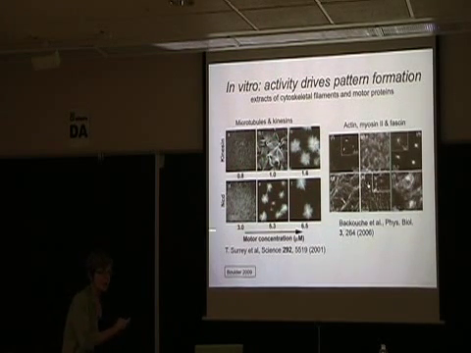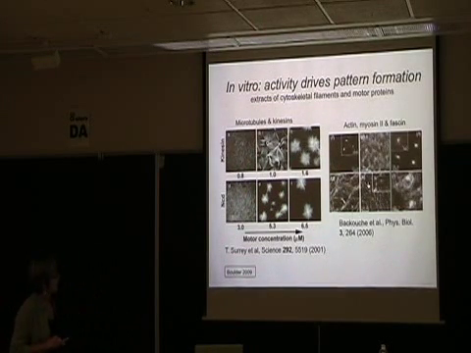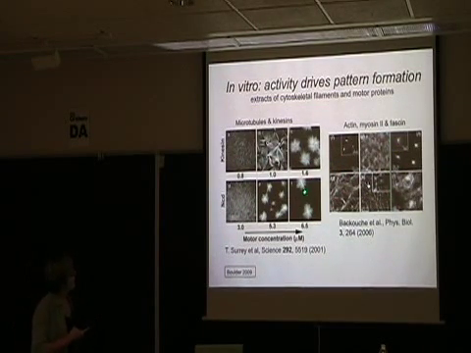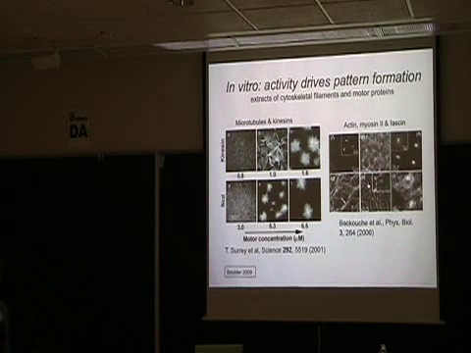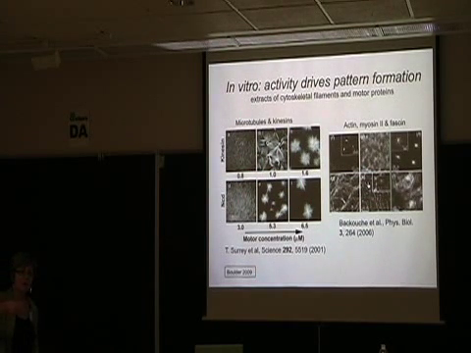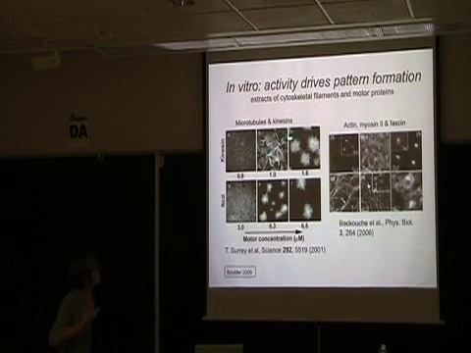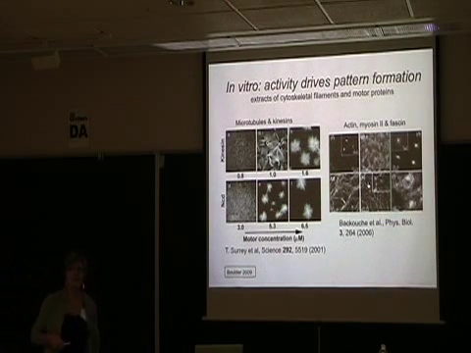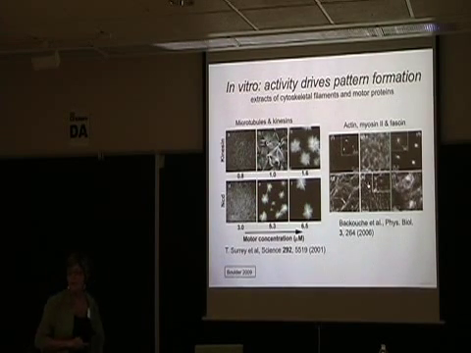So somehow, the physical properties of the motor proteins are important in determining the type of patterns that are formed. And this is just a different type of filament, a different type of motors. And to a physicist, and we'll talk about this later, these patterns, remember these are 2D rods, but they're not rods, they are arrows, so they're like 2D spins, if you like. So to a physicist, these patterns are very much reminiscent of the topological defects of a vector field. And so we'd like to develop some theory of these driven filaments, where we are then capable of understanding this pattern in that way.